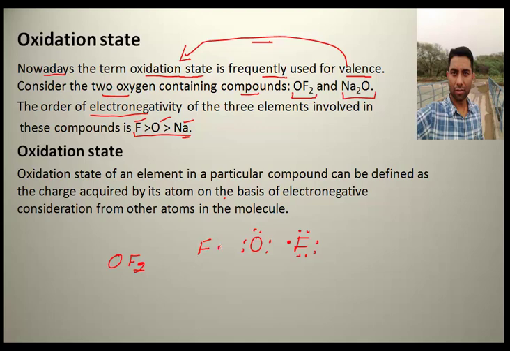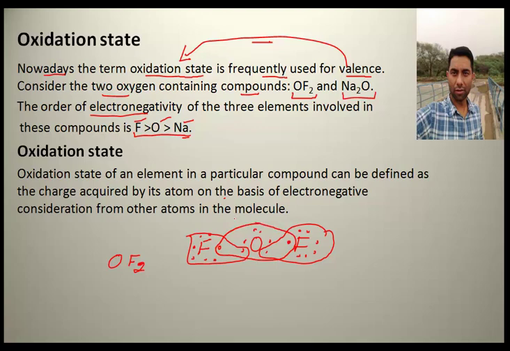So two fluorine atoms, they are shown like this. Fluorine has 7 electrons. Now in order to complete their octet, what will happen? This fluorine requires 1 electron, so fluorine will complete its octet by sharing 1 electron from this side, and another fluorine will share the electron from this side, right? And oxygen will complete its octet by sharing 1 electron each from 2 fluorine atoms.